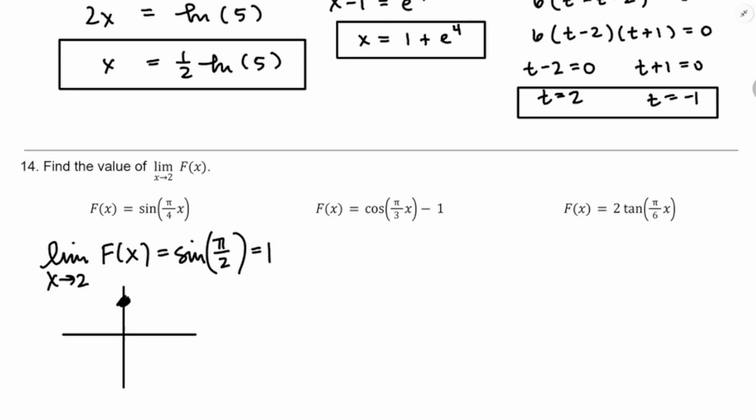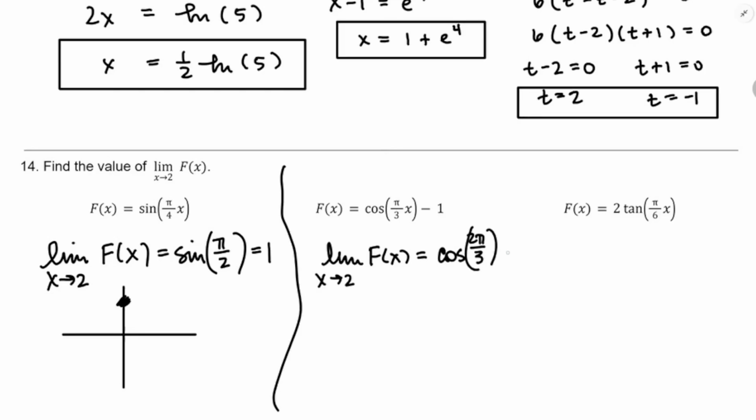Okay, then for this one, this limit as x approaches 2 of f of x, that's going to be cosine of 2 pi over 3. I'm going to take that first, and then I'm going to subtract 1. Okay, so I just got to think about where 2 pi over 3 is. I think this is actually the second time on this problem set where we've had to interact with 2 pi over 3. It's up here, 60-degree reference angle. Okay, so 1/2, it's going to be negative. That's going to be the root 3 over 2, and this will be 1. Okay, but I think the last time we were looking for sine. So cosine is adjacent over hypotenuse, negative 1/2 divided by 1. That's negative 1/2